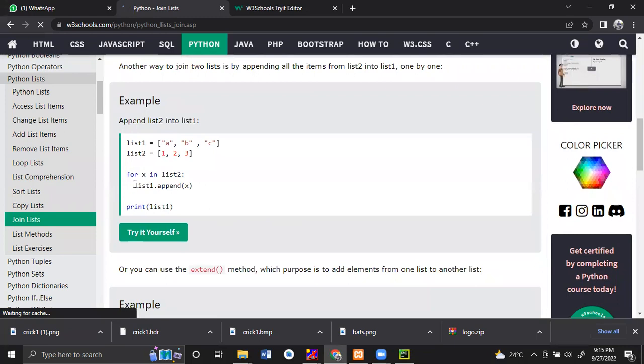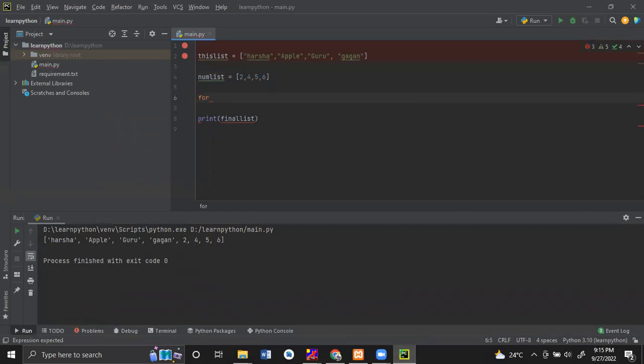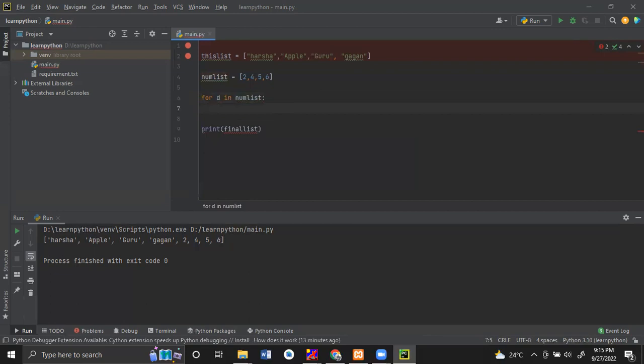And also we can do the append. Append is one more method. It means we loop the number list. So if you want to join into this list, we can loop the number list. When we want to make a loop, first we need to define one variable, then the number list, then a colon. Then we will append to